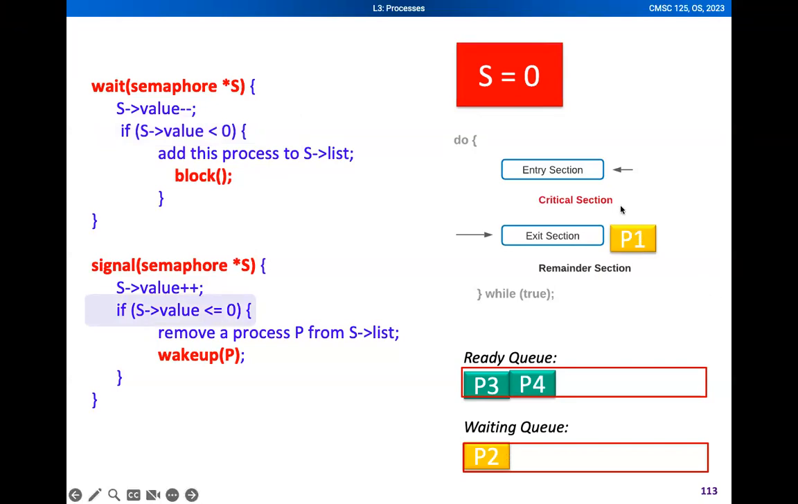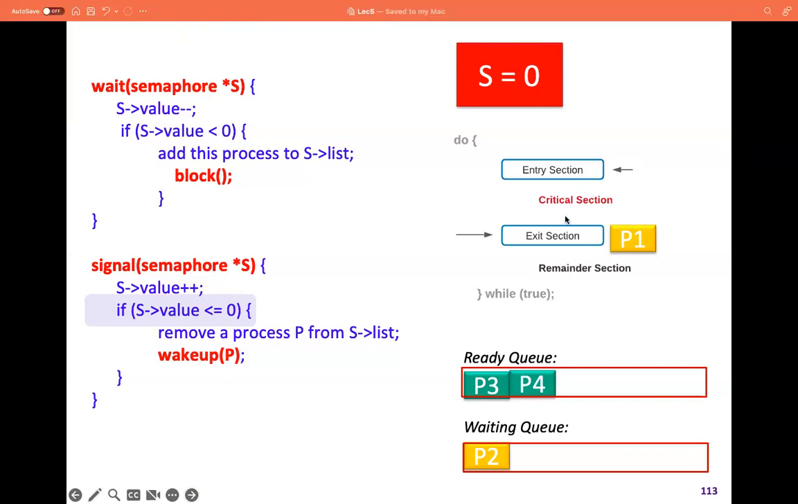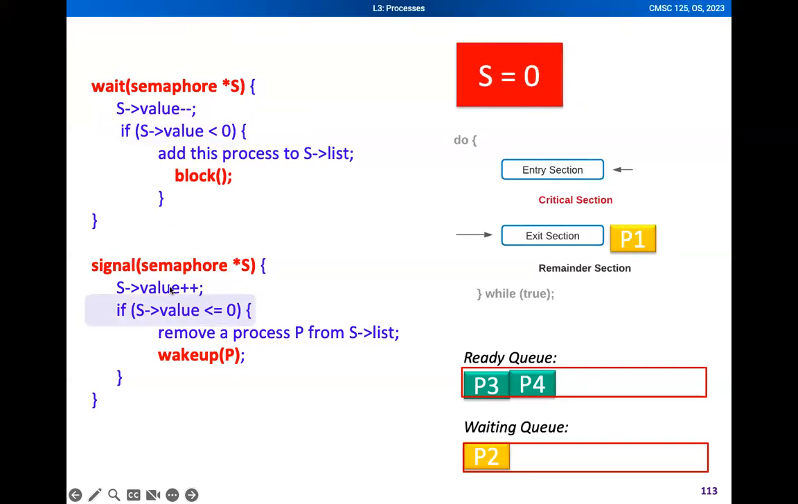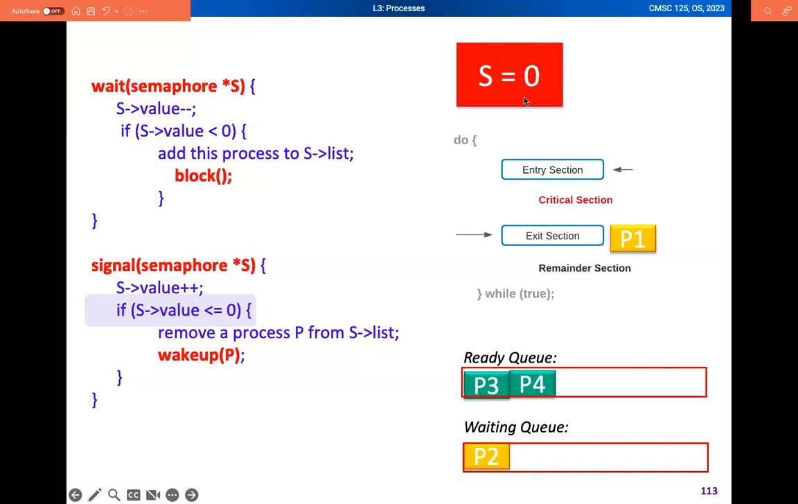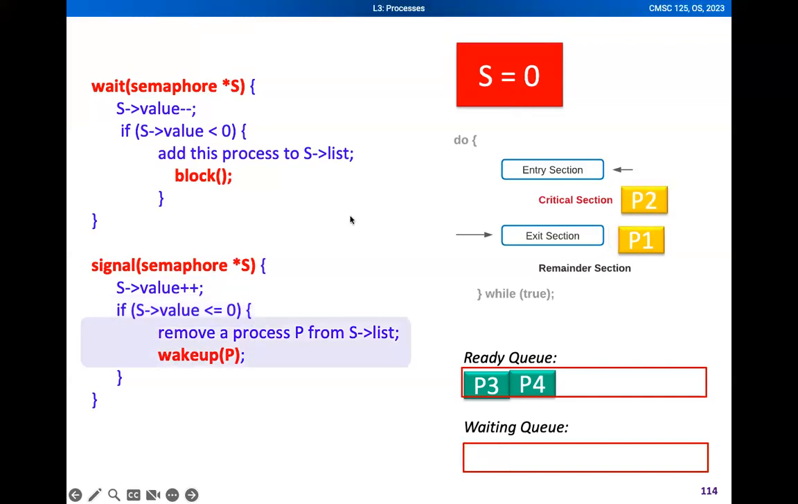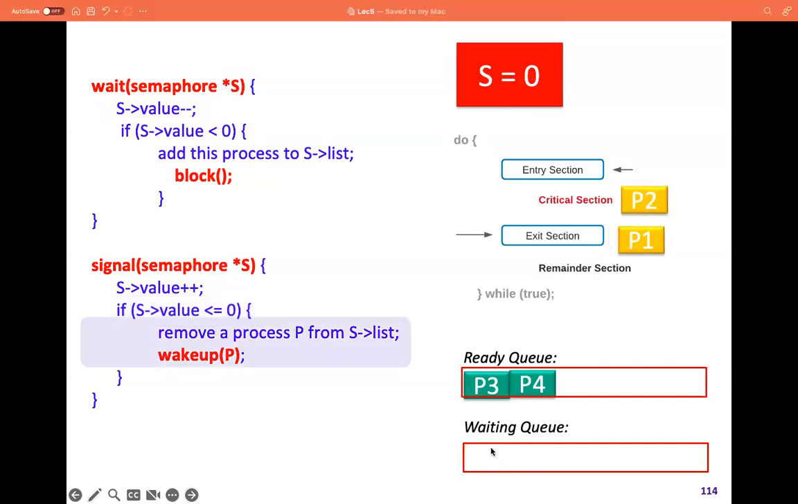Okay, now P1 is done with its critical section, so it is now in the exit section. And since it is in the exit section, we are going to use the signal operation. And in the signal operation, we first increment the value of S by 1, so essentially adding 1 to S. So we have now 0. And is S value less than or equal to 0? So since this is true,